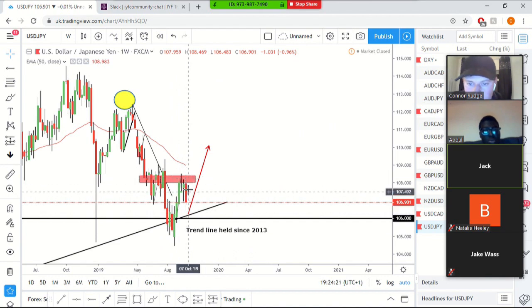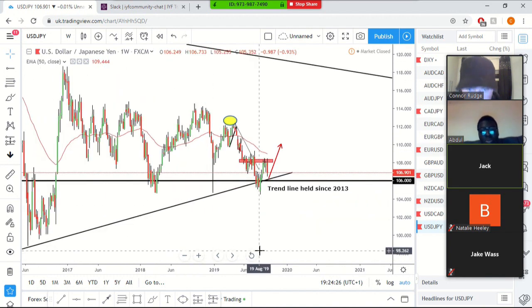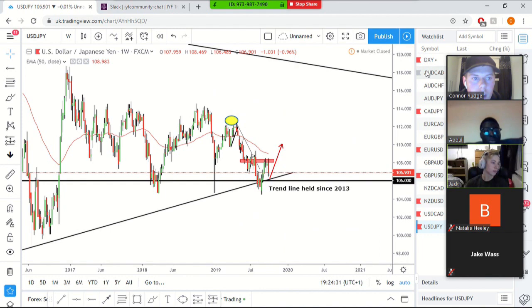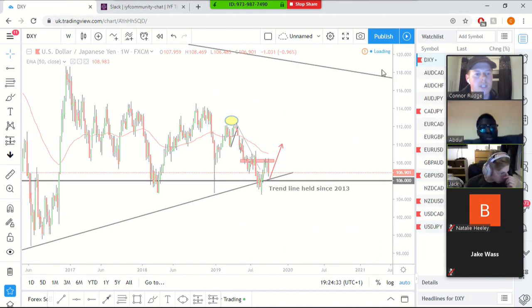We've had this little impulsive move to the downside this week, and now I'm looking for price to come down and push off. So that's USD JPY. Now we're going to move on to this week's analysis, and I'm going to